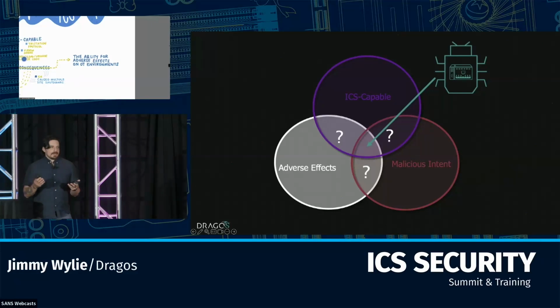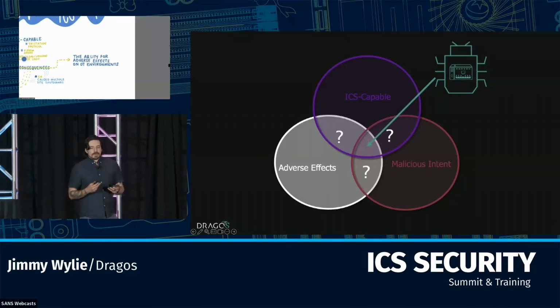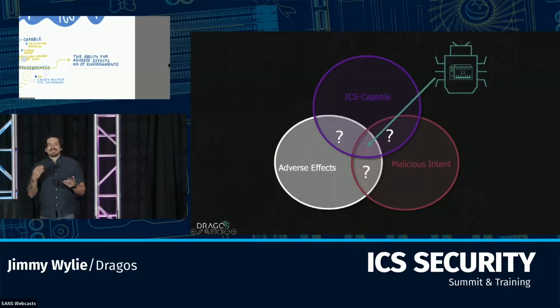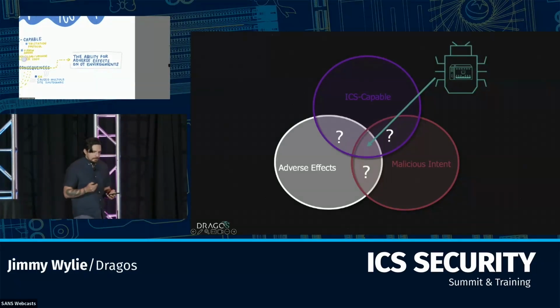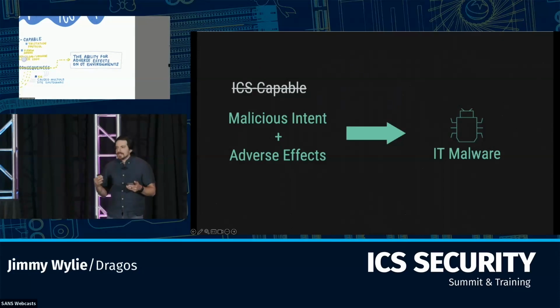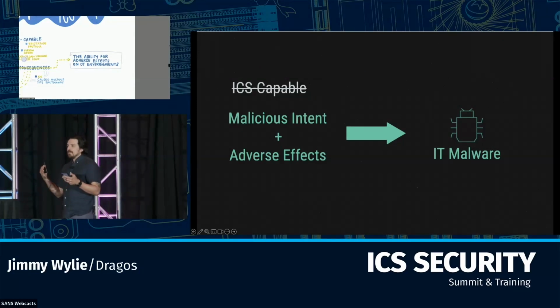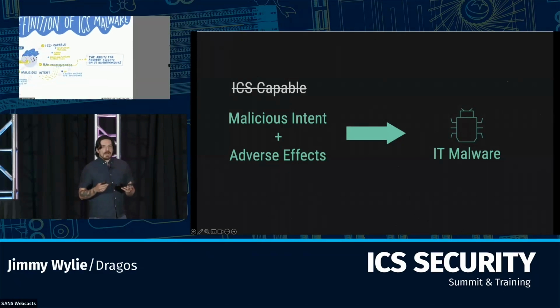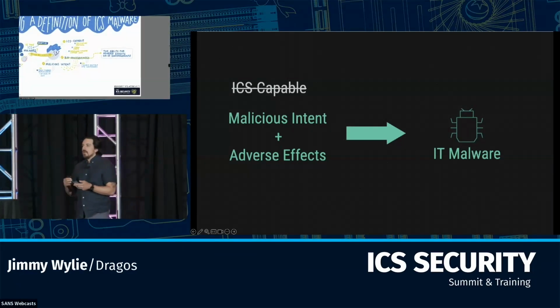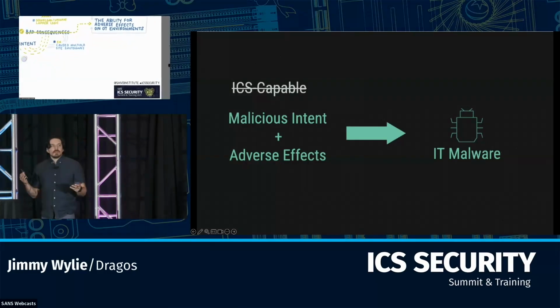But what if it only has 2 of these things? What if it only has 1 of these things? What are these things going to look like, right? Does it exclude sensible categories of software? If we look at ICS capable, this just enforces that we stay in the realm of OT and ICS software. This term is going to distinguish ICS malware from regular IT software,